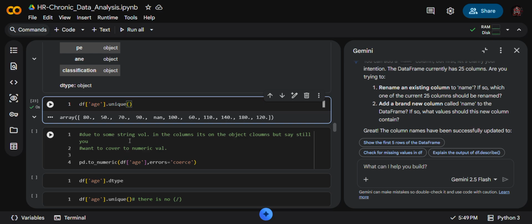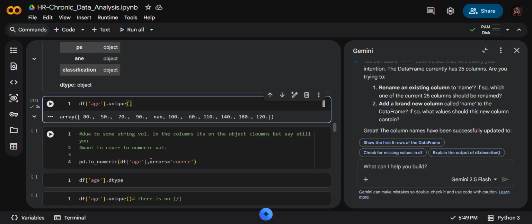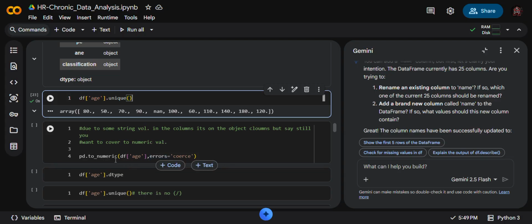Due to some string values in the column, it is an object column, but I want to convert it to numerical values. So this is the command we use: pd.to_numeric.